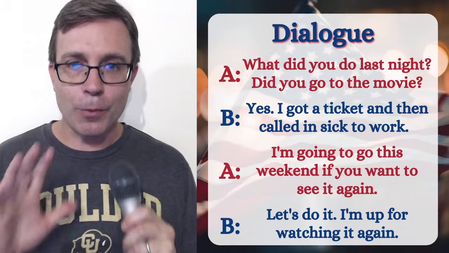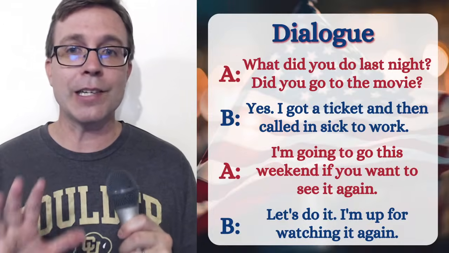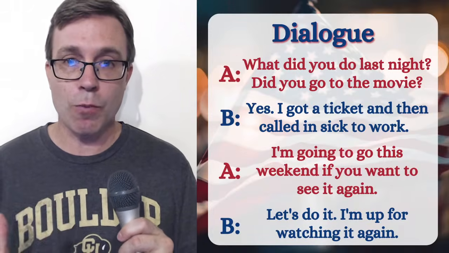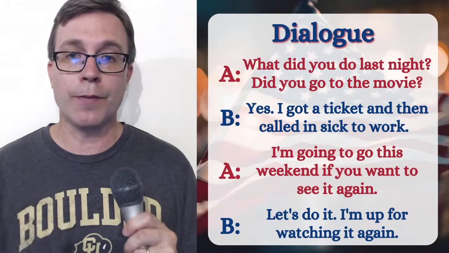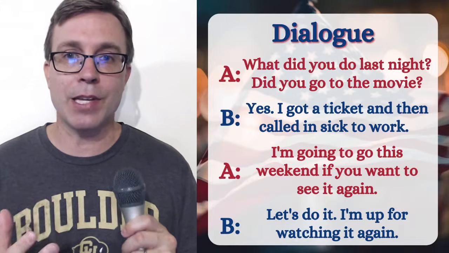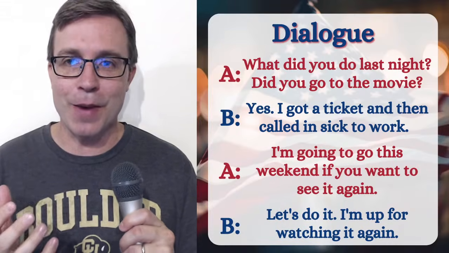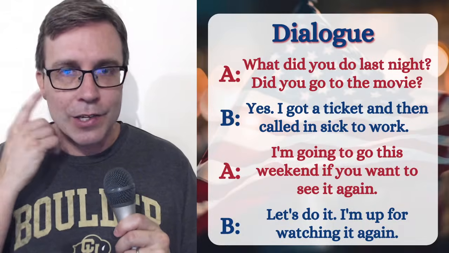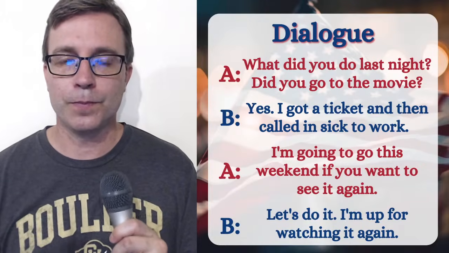So I'll say the dialogue again out loud, so you can listen to it one more time. And then I want you to practice with me. I'll say one, you say the other, and then we'll switch. So I'll say all of it right now, so you can once again hear the way that I'm saying it with all of those. I know we talked about a lot. It's a lot to keep in mind, but really just think about listening to the way I'm saying it and trying to emulate those sounds.